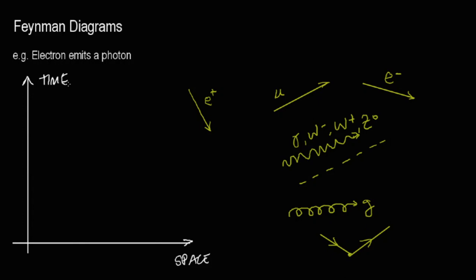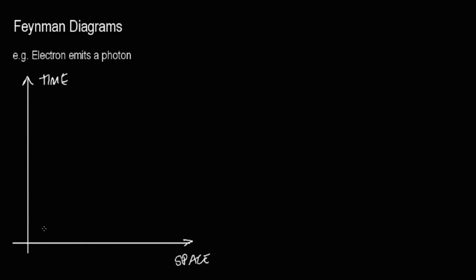So let's take a look at this example here. Electron emits a photon. So as time is passing, our particle is traveling through time and space. So, well, it's an electron. So it's a solid line and going on the positive direction of time. Now, at some point, it will emit a photon, curvy line, okay? And since there is some release of energy here, there will be some loss in momentum. So the particle will tend to go back